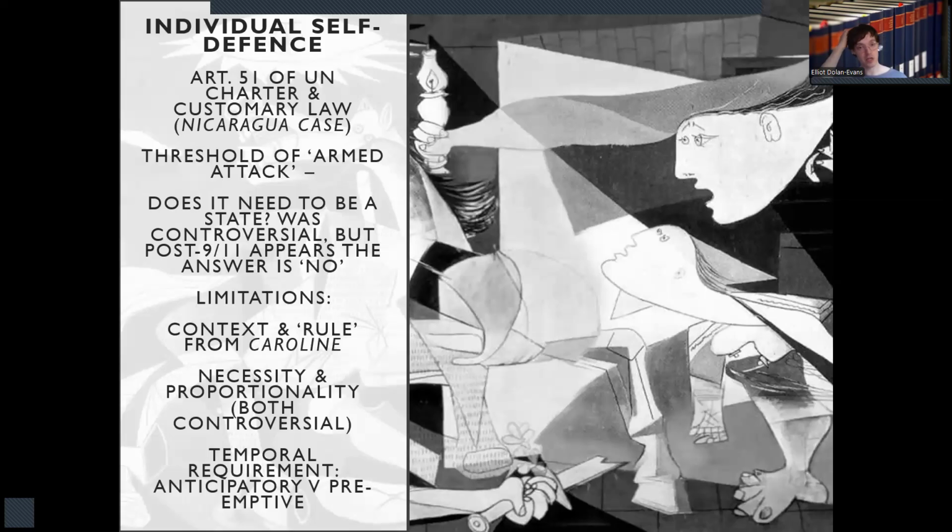And even though at the time of their adoption, it wasn't entirely clear who the perpetrators of the 9/11 attacks were, the resolution still reaffirmed the right of self-defense in light of the attacks. And so even though the perpetrator of an armed attack need not be a state, it's generally accepted that the entity that is invoking the right of self-defense will be. Article 51 talks of the occurrence of an armed attack against a member of the United Nations, therefore being a state. Now, in terms of what's then required of self-defense, the two major important principles are necessity